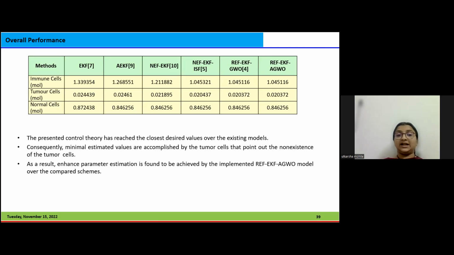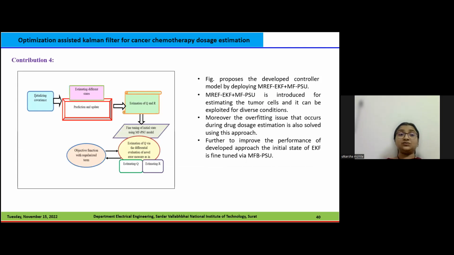With respect to the entire methods, I have mainly focused on the comparative studies, the design methods which we have done, and the methods which were focused. Lastly, we have focused on the optimization concept. Right now, every researcher is focusing on the optimization concept. Here also, we have worked on the model regularized error function based extended Kalman filter with improved scaling factor and